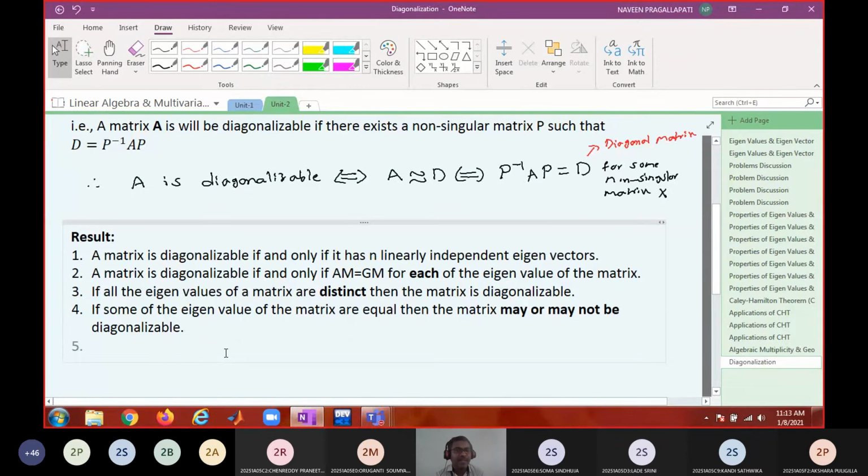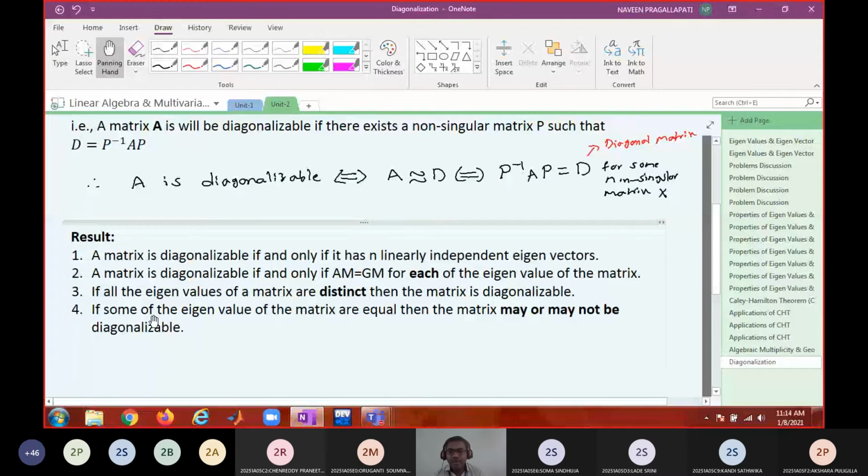First three statements are if and only if conditions. Okay, the last one is only an if-then condition. So this is an implicative statement. The previous three are bi-implicative statements, if and only if conditions. Okay, only the first two are bi-implicative, the third and fourth are implicative statements, right?